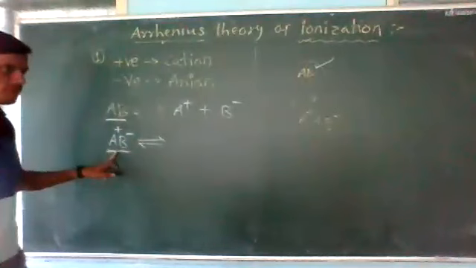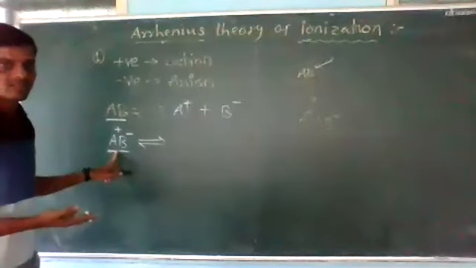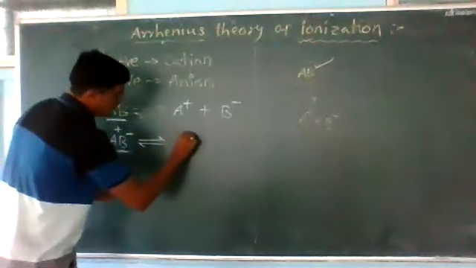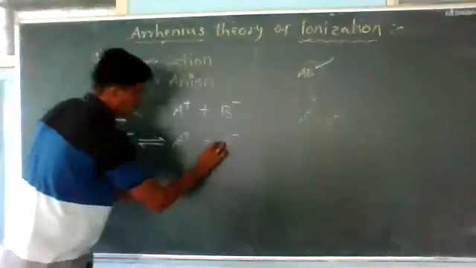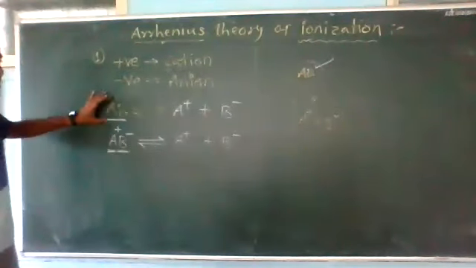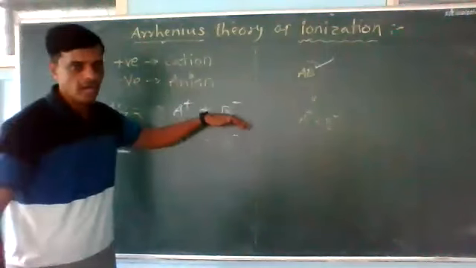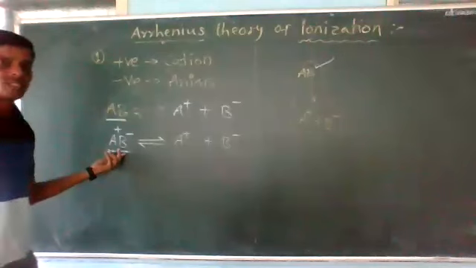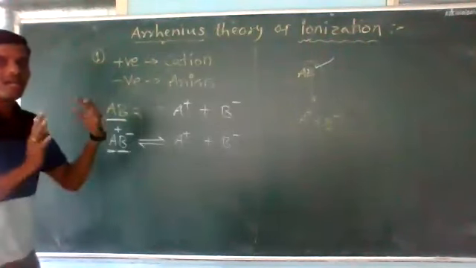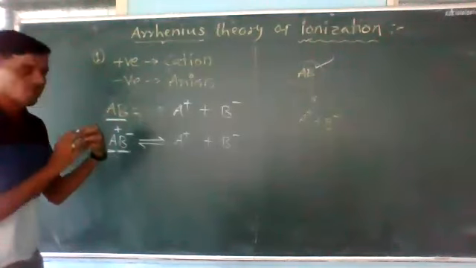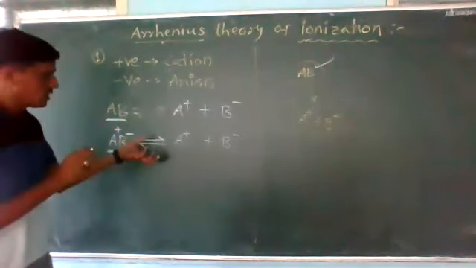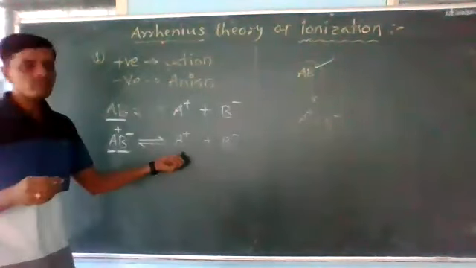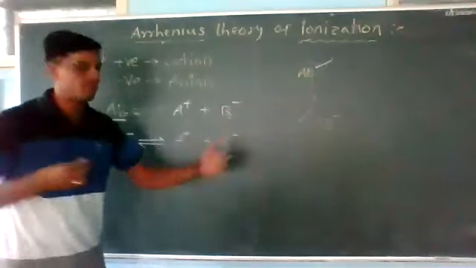Now, upon dissolution of such an electrolyte, which consists of ions held together with each other, the ions get separated from each other. The old form was telling that a neutral electrolyte dissociates into ions, but the modern form of this theory suggests that the electrolyte consists of ions, held together with the electrostatic force of attraction. Only upon dissolution, this force of attraction gets weakened, and the ions get separated from each other.